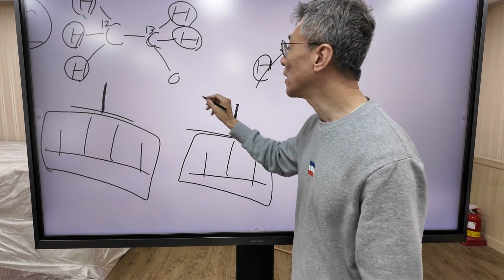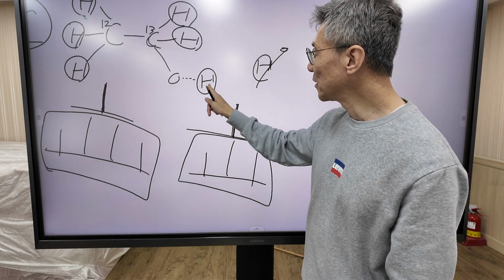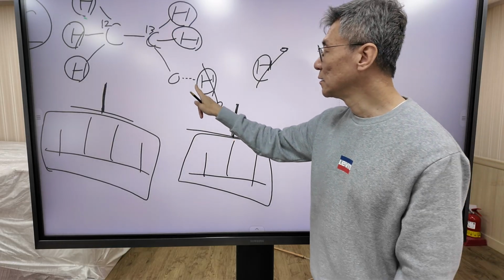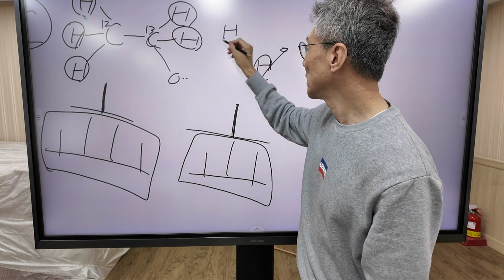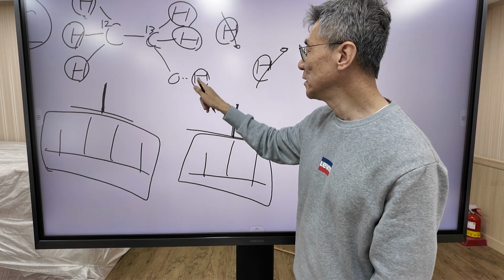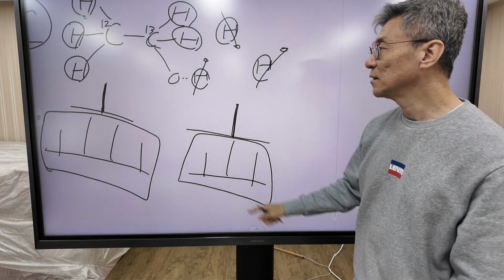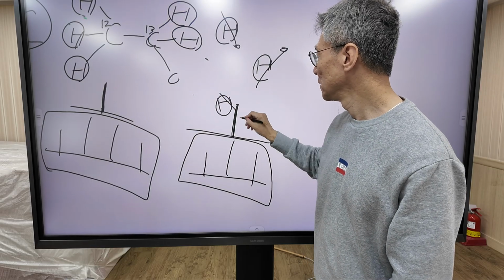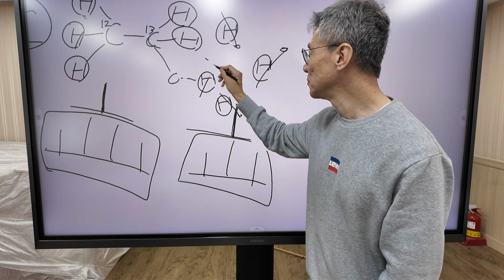And sometime later another hydrogen bonds, and the spin state of the new hydrogen may be down spin. And sometime later this bond is broken again, so this hydrogen leaves. And sometime later another hydrogen bonds. This time the hydrogen spin state is up spin. Sometime later, this hydrogen leaves oxygen, and another hydrogen bonds. The spin state of the hydrogen may be up spin.